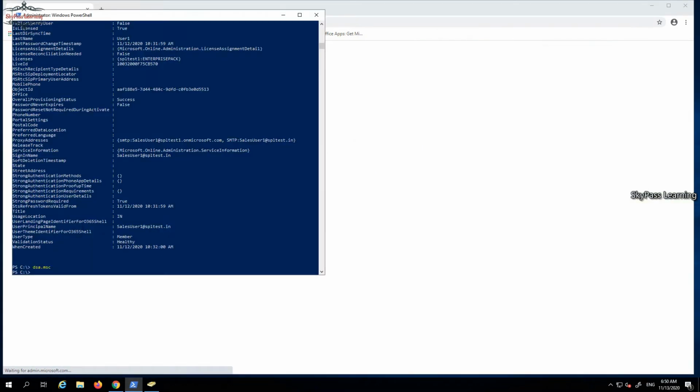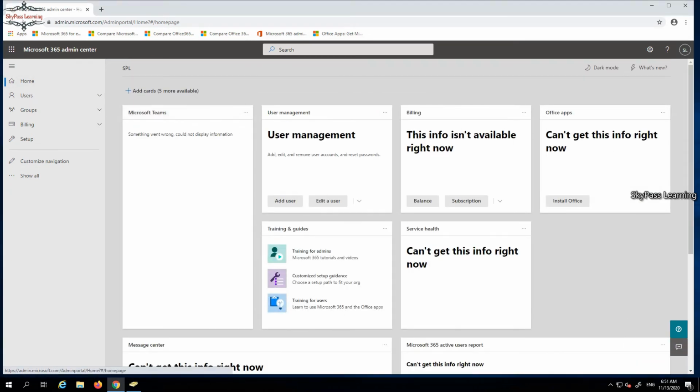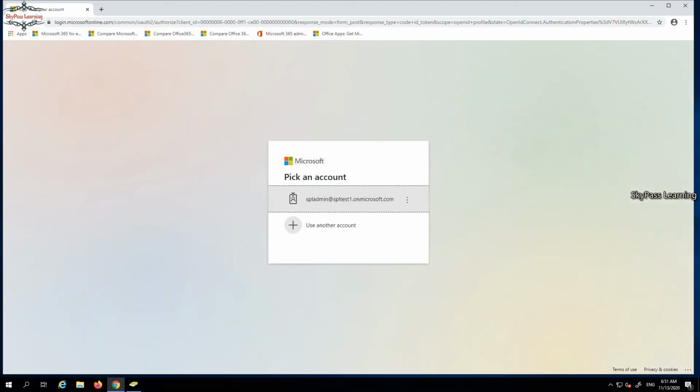I've logged in here; I closed this session because I was trying to log in with multiple sessions. I have seen a couple of users here.